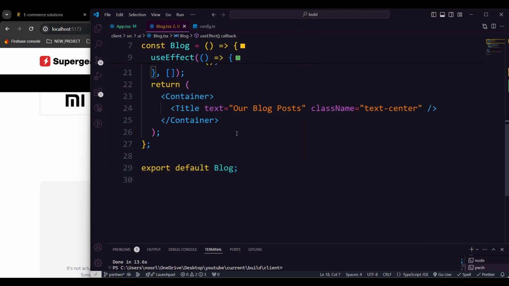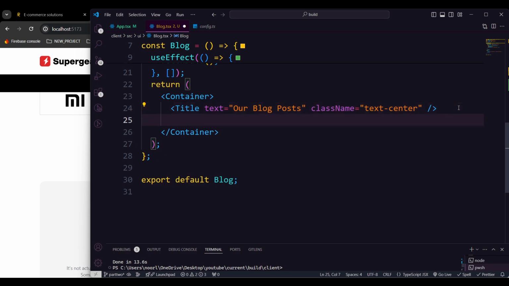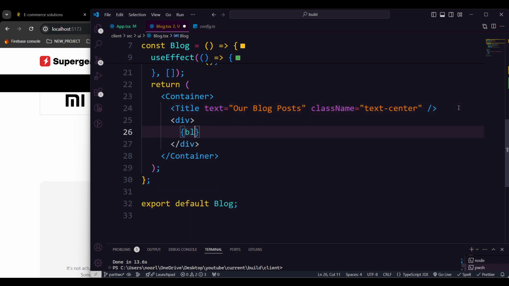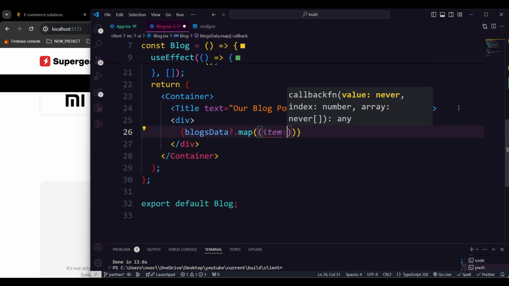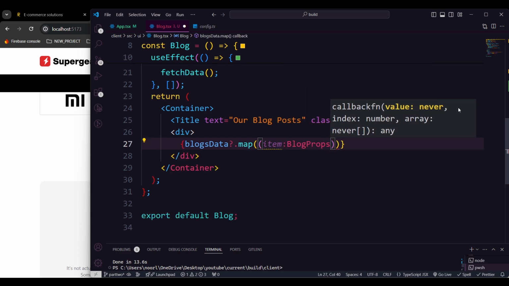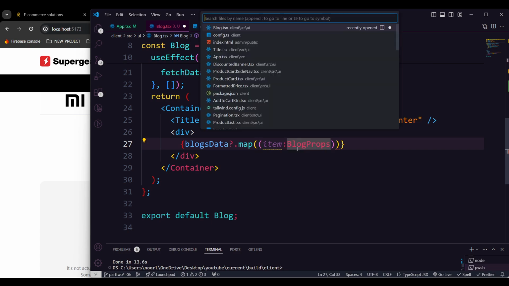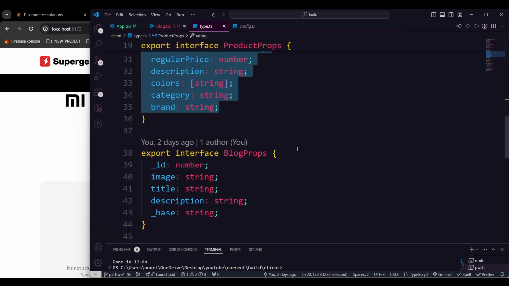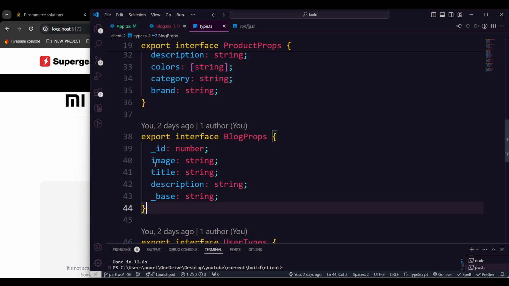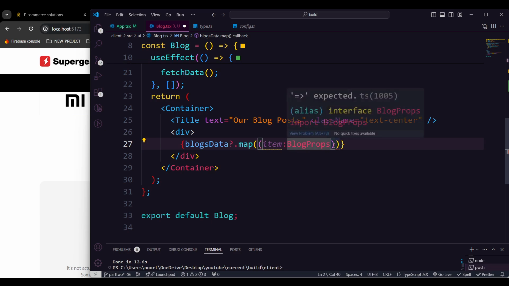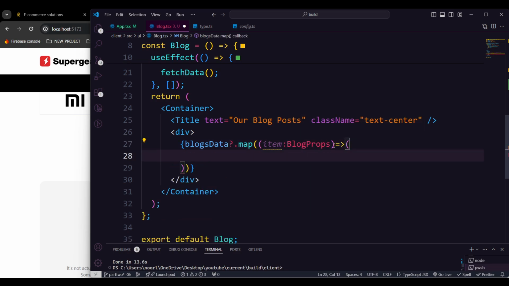So now what I'm going to do is render my blog here. Okay, so I'm going to take a div. In that div I'm going to go with blogs data dot map, and here should be item, and that item should be blogs props. Again, try to go with the type. We have all the types whatever necessary. The blogs having an ID, having an image of a string, title is string, description is string, underscore base is also a string. So everything is coming as a string. So now we can just return here. We can return a div parameter, and of course we will provide the key, which should be